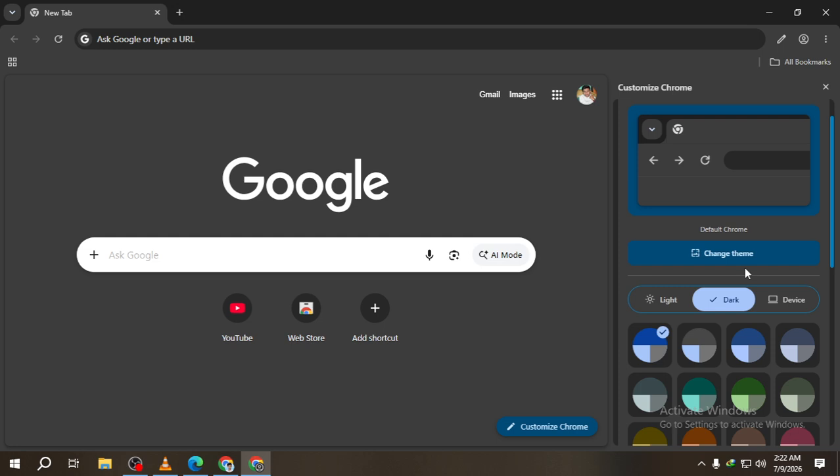Keep in mind that dark mode changes Chrome itself, but not every website. Many sites have their own dark mode setting, usually inside their account menu or page settings. Turning that on can give you a fully dark browsing experience, and that is how to enable dark